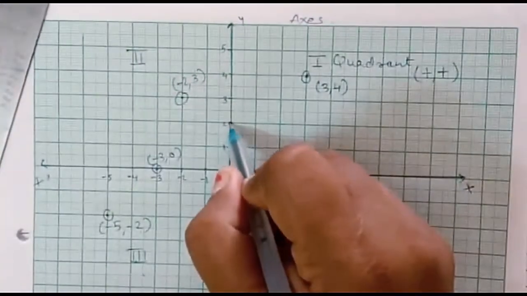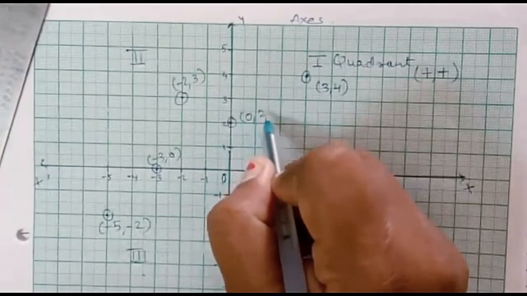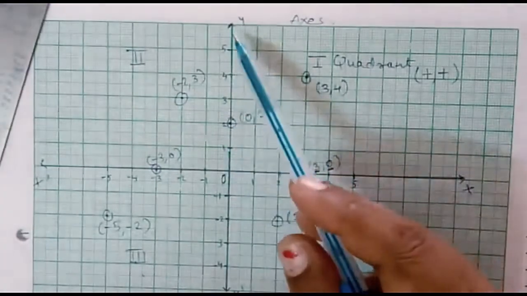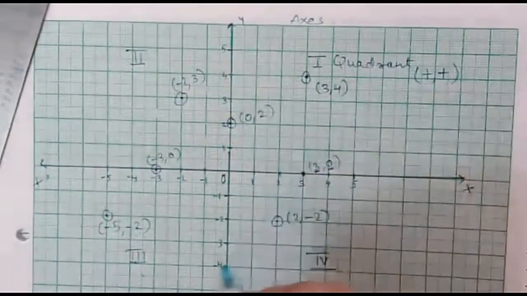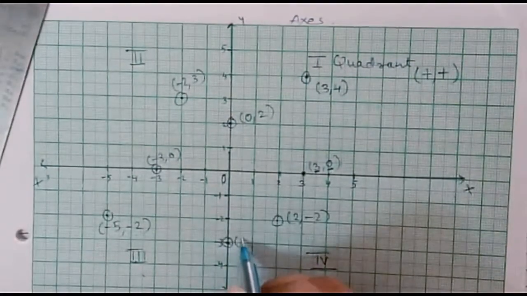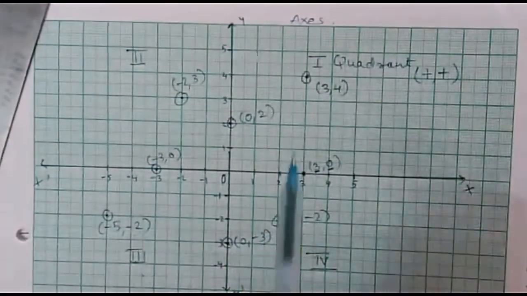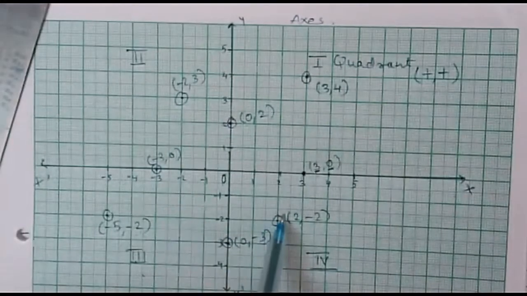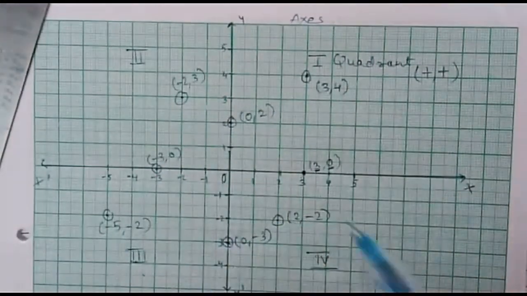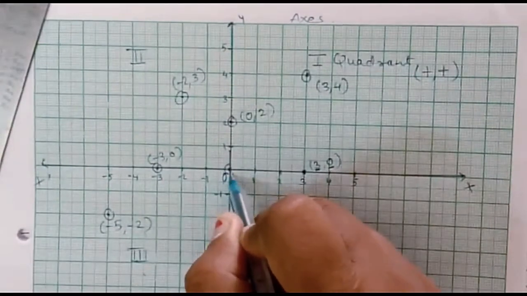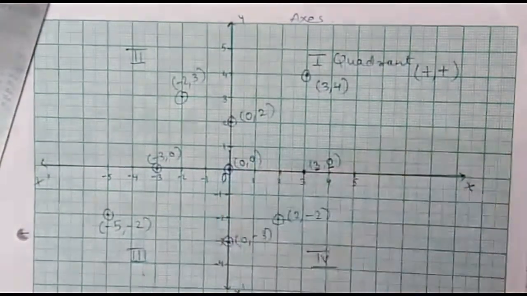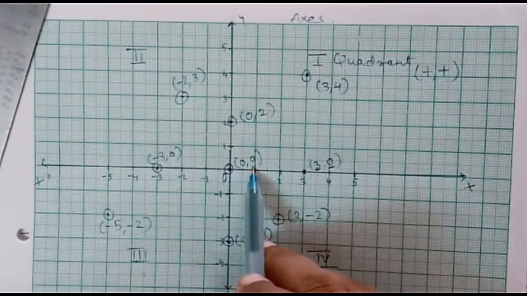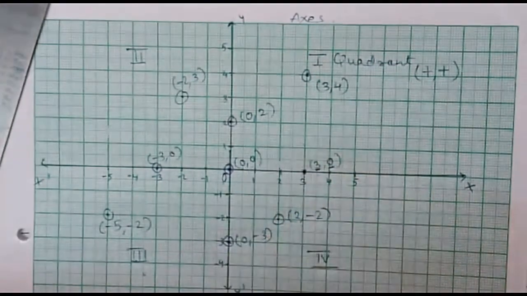Same way, if I want to place (0, 2), right? So here you can see the x coordinate is 0. Y coordinate is not 0, so the point will be on the y-axis, positive y-axis. Same way, this is (0, -3). So in this way, by looking at the coordinates, we can find out whether they lie in the quadrants or they lie on the axis, or the third case, whether it lies on the origin. For the origin, the coordinates are (0, 0). That means the x coordinate is also 0 as well as the y coordinate is 0. That means abscissa and ordinate both are 0.